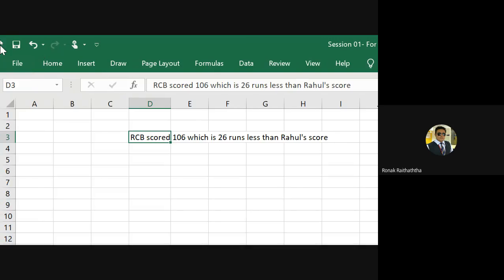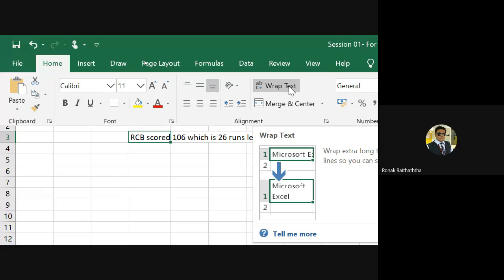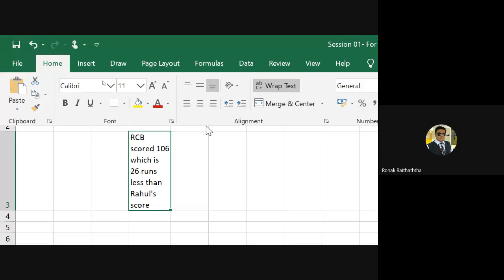For that, we have one function called wrap text that is there in the home tab. If you go to the home tab, here if you can find it, there is wrap text. If you click on wrap text, the width of the cell will remain the same, but the length will be adjusted based on the need of this statement. That is the wrap text. Text has been wrapped up over here. So when I say wrapped up, that means I cannot increase the size of the box as far as the width is concerned, but yes, I can increase the length of it.